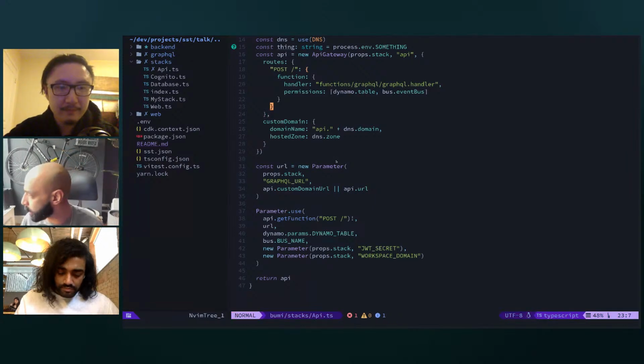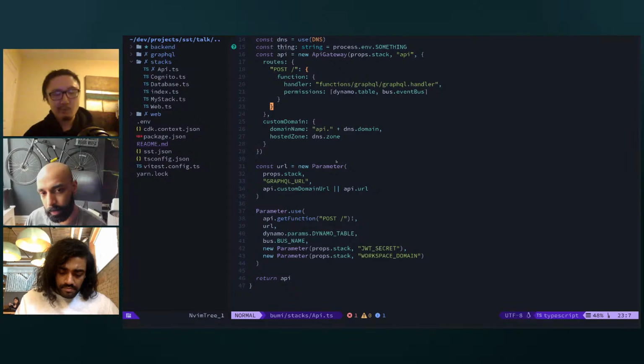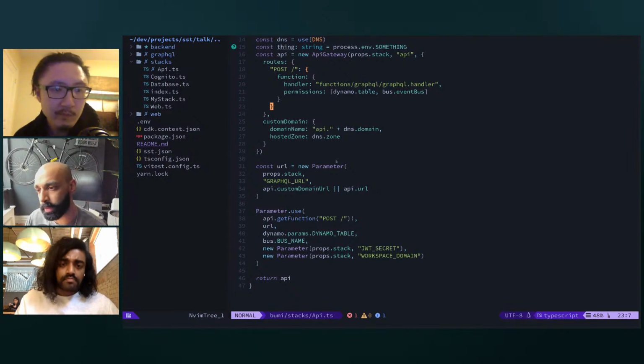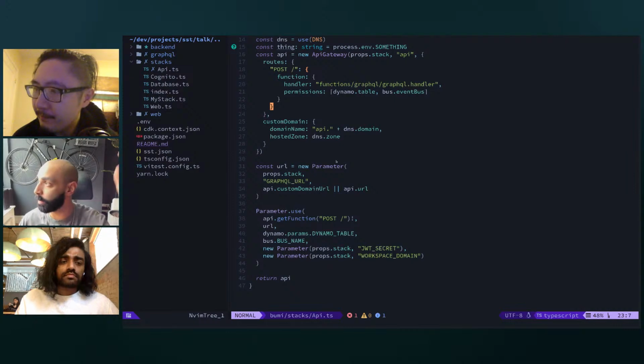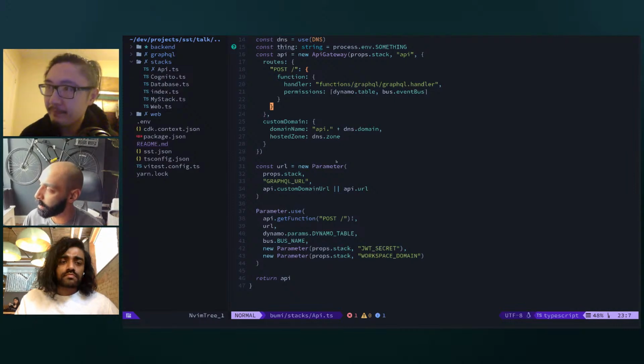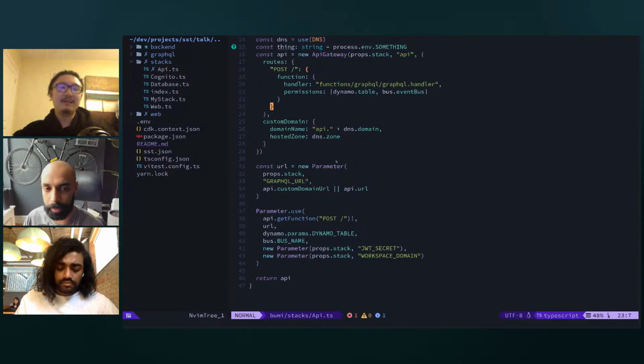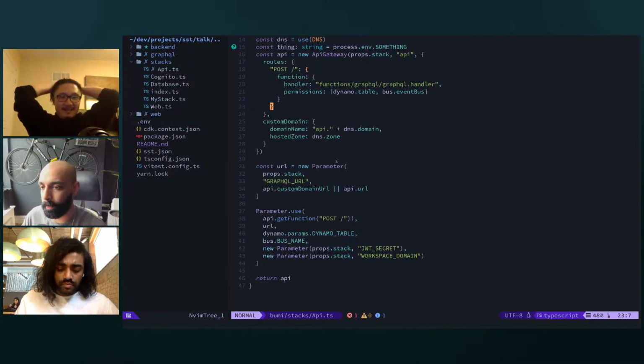I guess the one other thing that this model affects is the console. Does the layout of the console still make sense? Where GraphQL is its own thing, you should be able to flip between the various GraphQL routes you have. Most people only have one. That makes sense. Yeah, some routes will be GraphQL, some routes